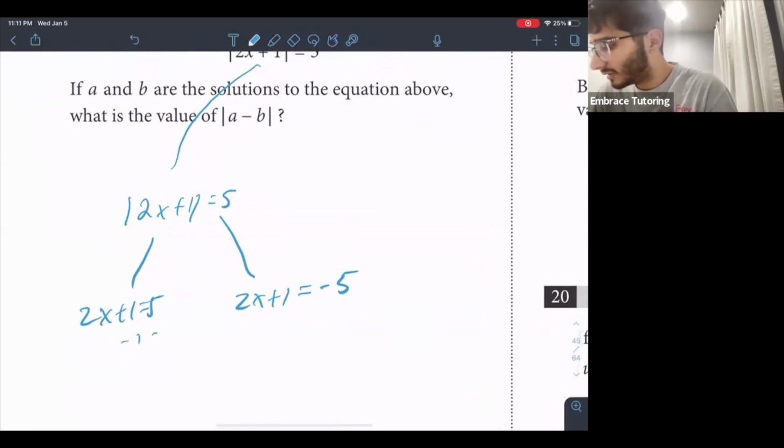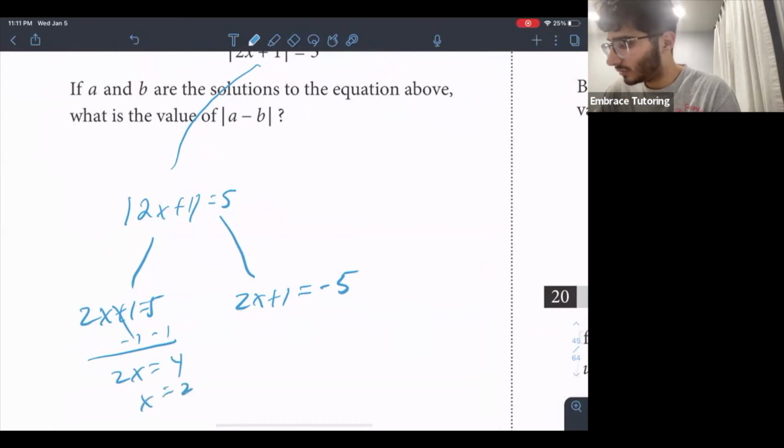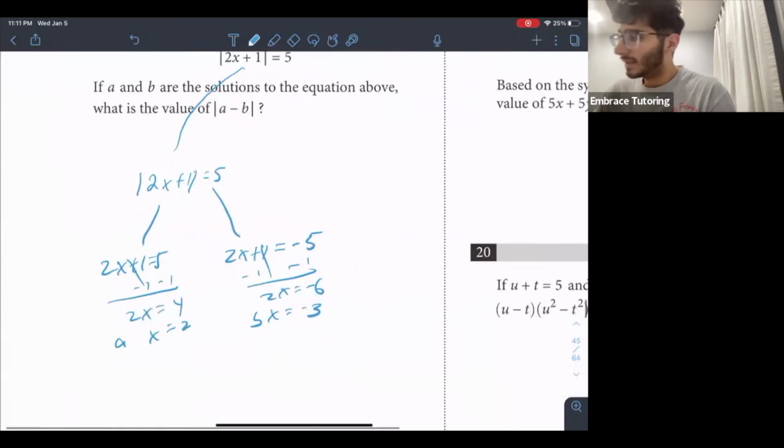So we solve it regularly, subtract 1 on both sides to get 2x is equal to 4, x is equal to 2, and this could be a. And then you can subtract 1 on both sides to get 2x is equal to negative 6, and then divide by 2 to get x is equal to negative 3, and this could be b. Now we can do